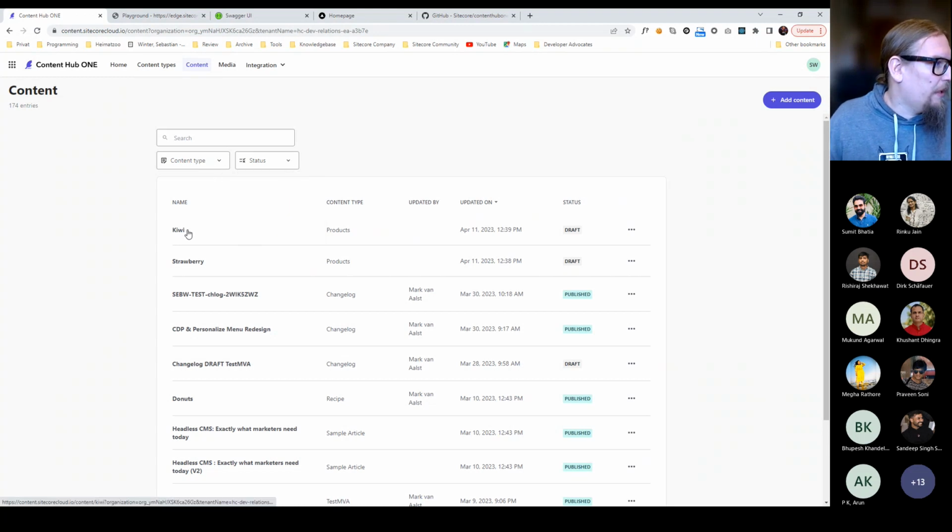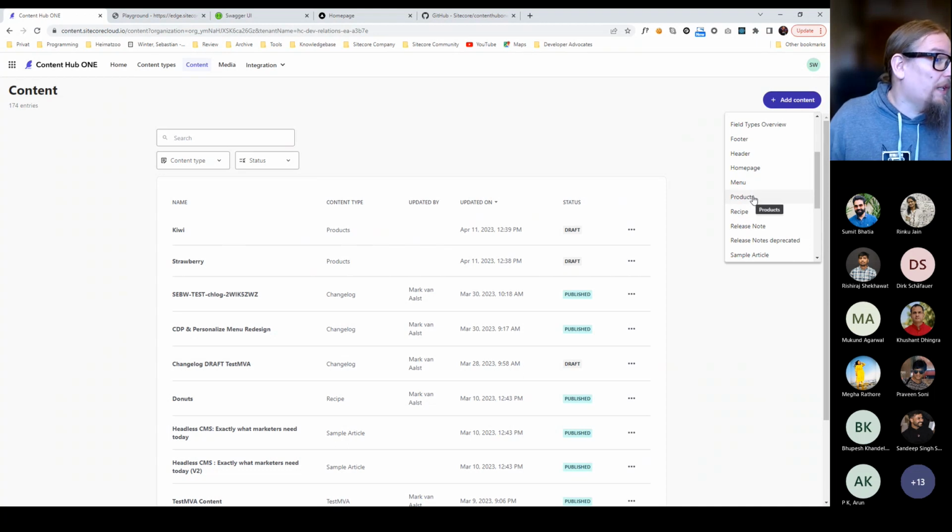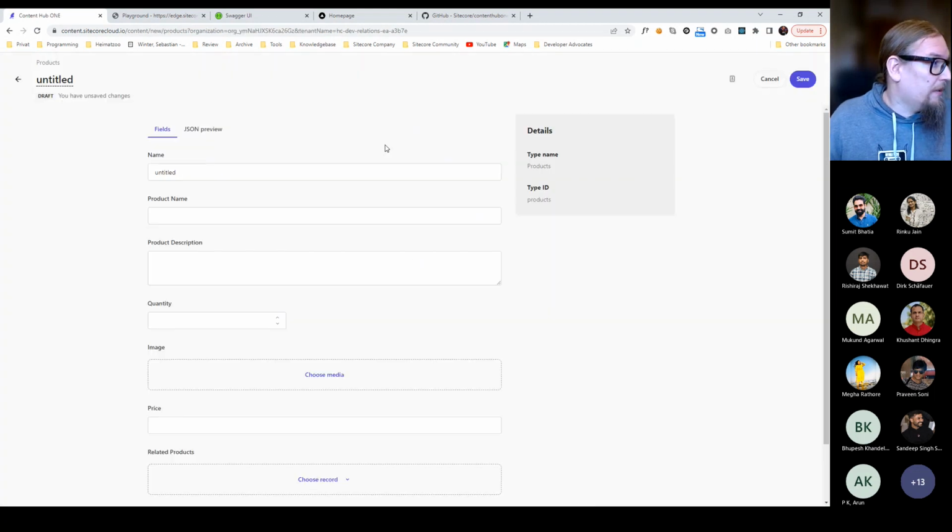So for example, I've created here a product, or let me just create a new one. So I want to create a new content piece of type products. And the fields you see here are the fields I have defined. So we will talk about content modeling in a minute and how to set that up. But let's say I want to create a new product, and just as simple as this,